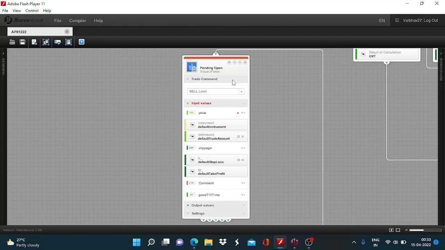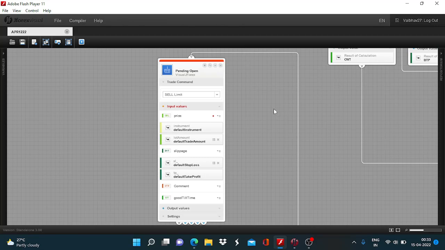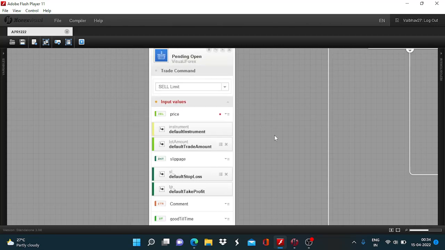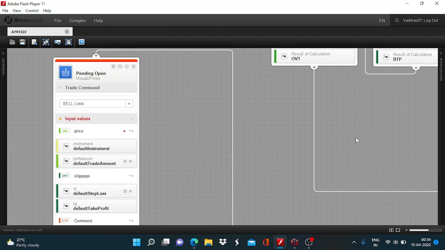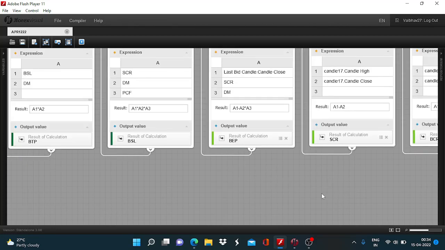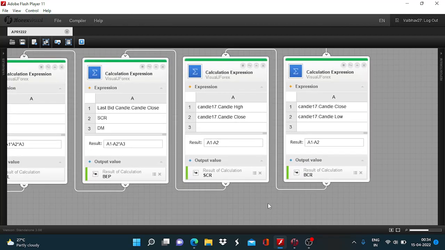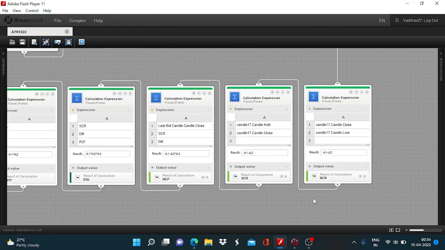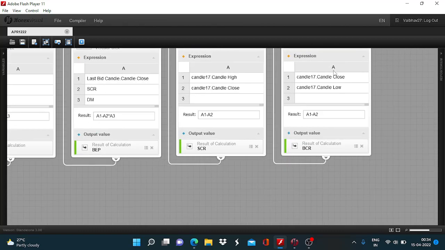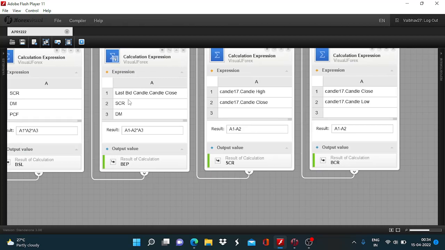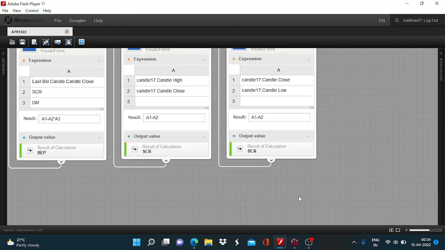Coming to the defining of these variables, we will do the job one by one. So first thing we have to do is get the price point for the execution of the trade, which we will arrive at just like we had done for the buy side. So we will take the difference between this candle 17's closing value and the low, and we will multiply it with 2, and we will add it to the last bit candle close. Okay,